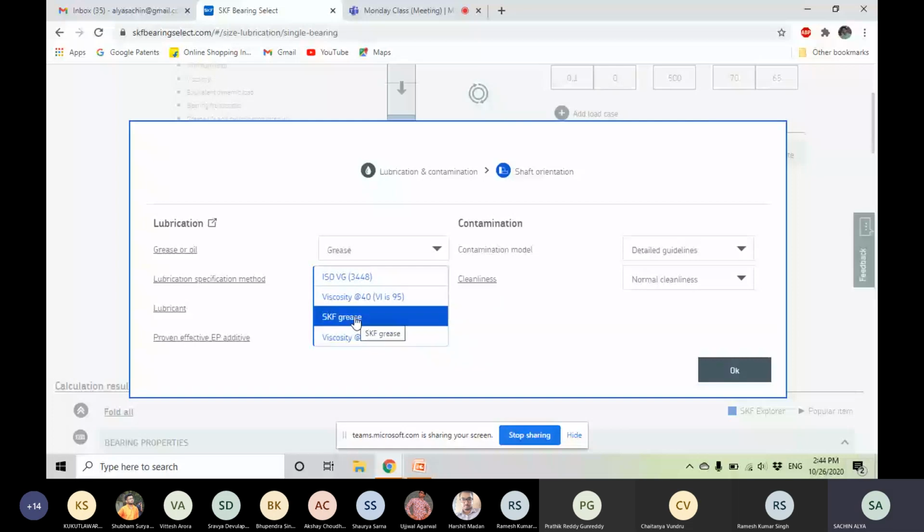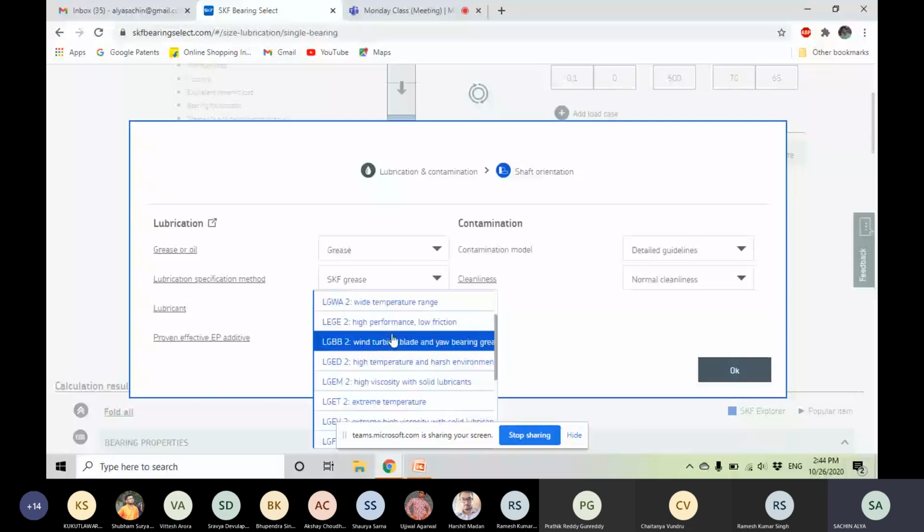SKF has its own grease specification. This is an SKF bearing, and SKF grease is specially designed for these things, so we can go for SKF grease. After that, the lubricant we want to use: SKF grease also has various properties.